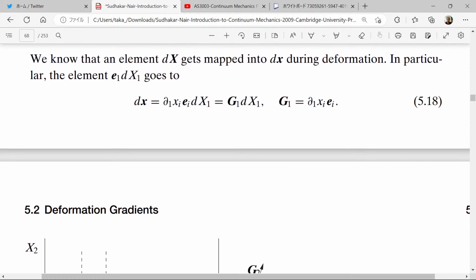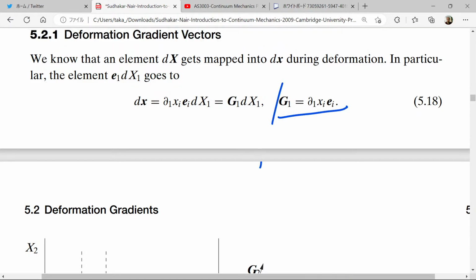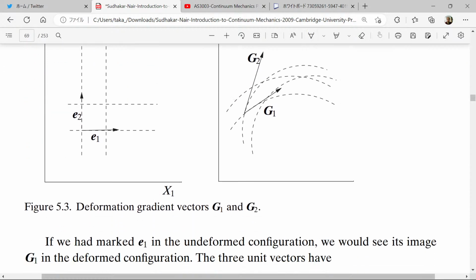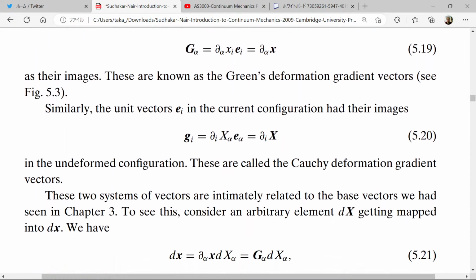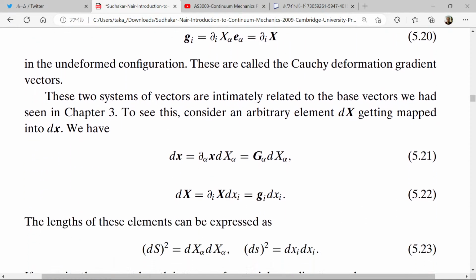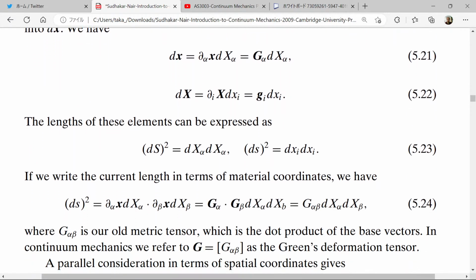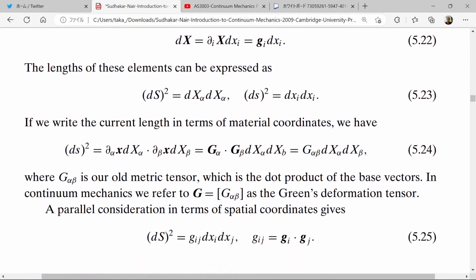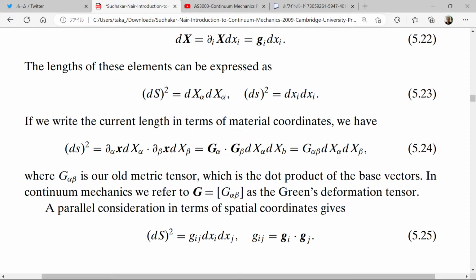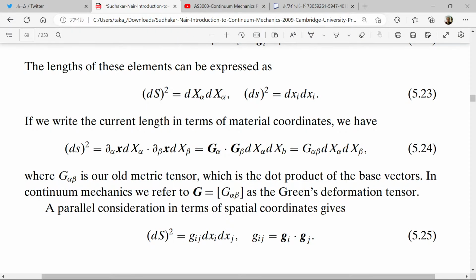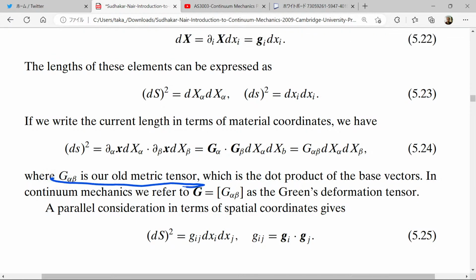So here G is still vector, but then at some point I think we promote it to tensor. Maybe it's this point. Yeah, this one. G alpha beta is our old metric tensor,